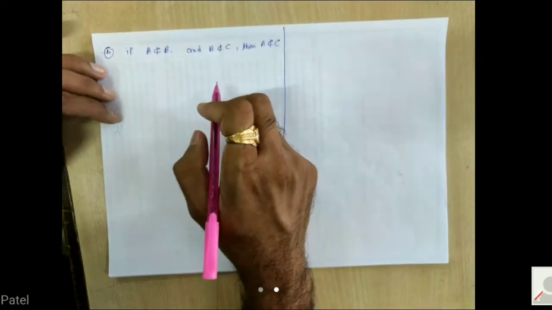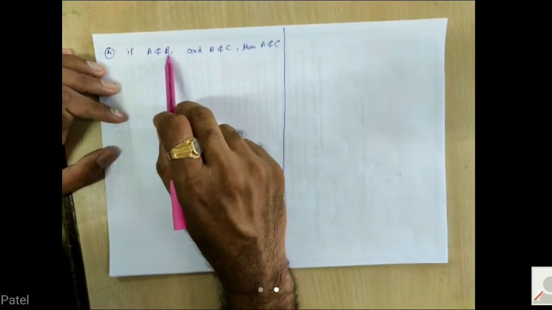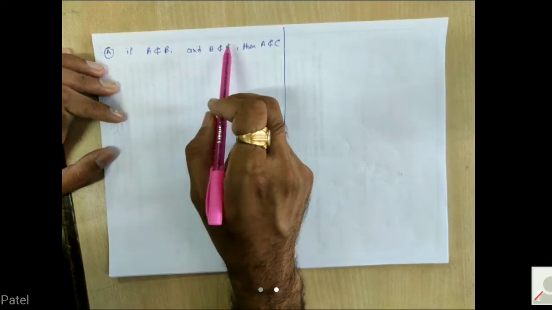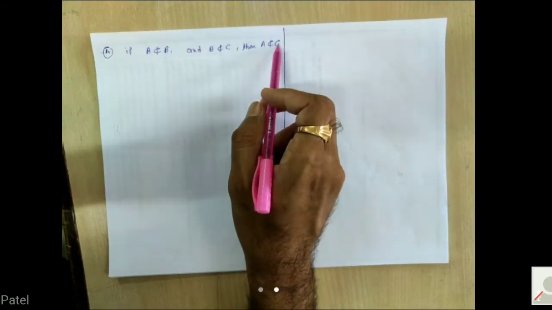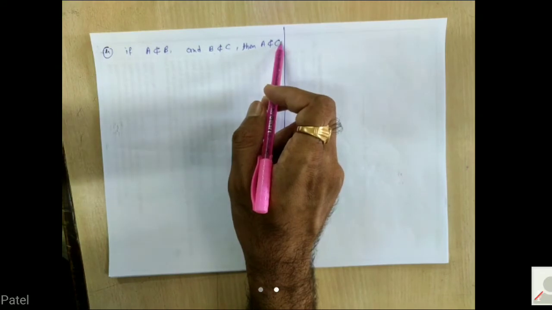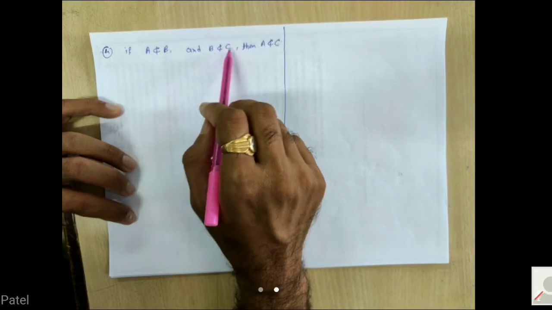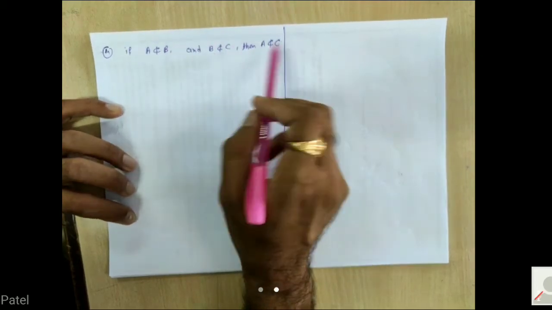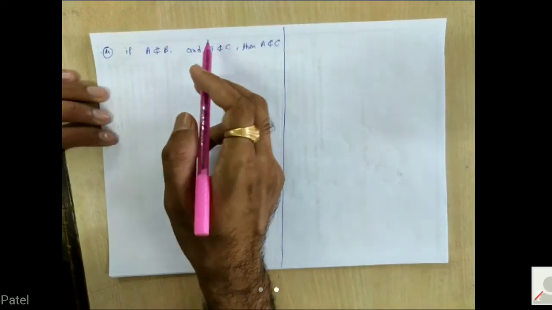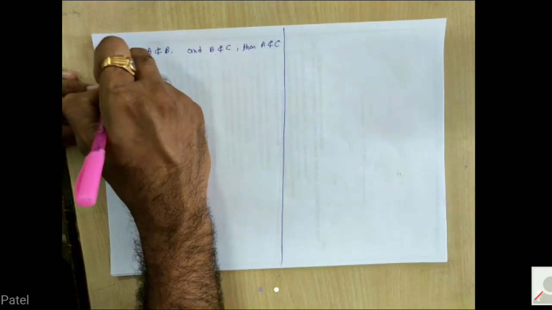थर्ड वाले में क्या लॉजिक अप्लाई किया था? ए के सारे एलिमेंट बी में है और बी के सारे एलिमेंट सी में है, तो हमने डायरेक्ट ऐसे प्रूव किया था कि ए के सारे एलिमेंट सी में होंगे. तो आप इसका कन्वर्ट करके ऐसे लॉजिक अप्लाई करेंगे कि सर ए के सारे एलिमेंट बी में नहीं है और बी के सारे एलिमेंट सी में नहीं है, तो पक्का ही ए के सारे एलिमेंट सी में नहीं होंगे, और आप लिख देंगे सर इट्स ट्रू. डन. बट इट्स नॉट ट्रू, इट्स अ फॉल्स.